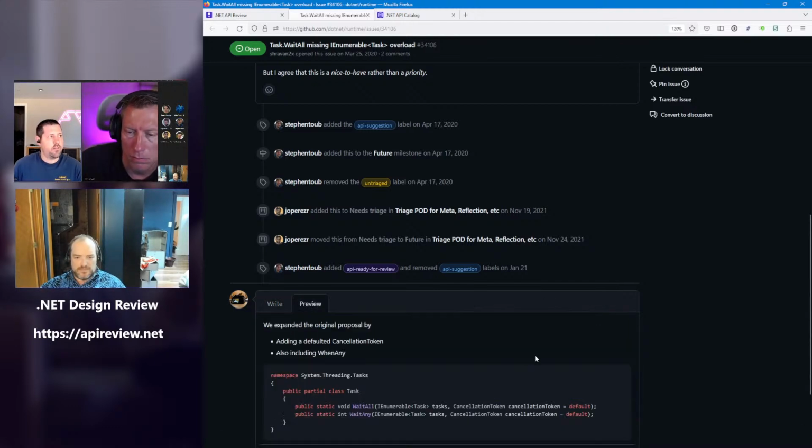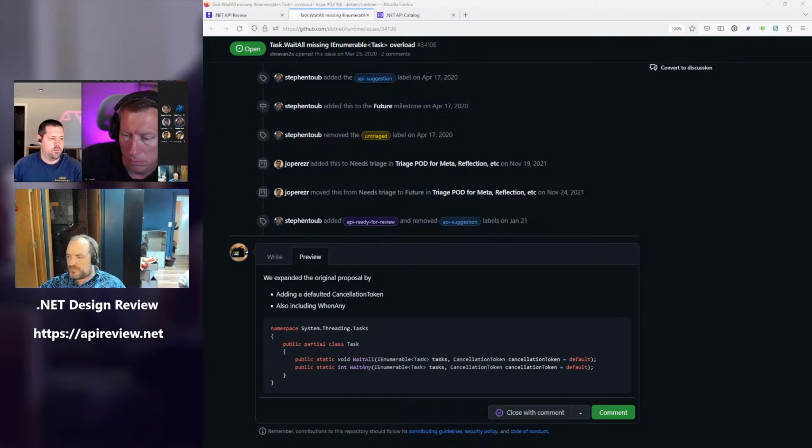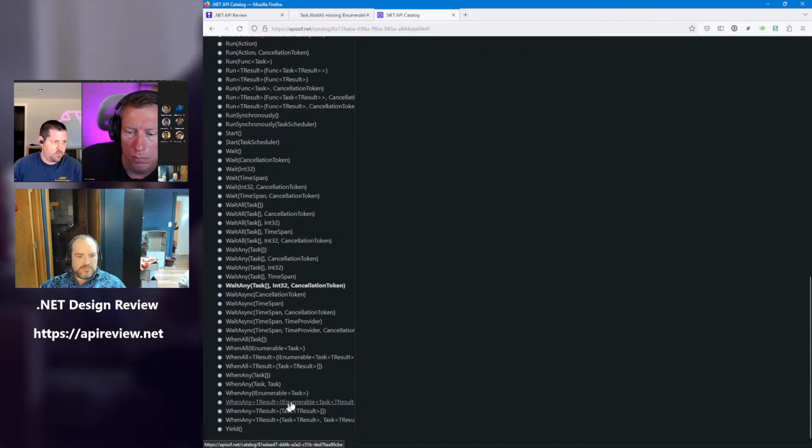Oh yeah. I guess I was under the impression that wait any and wait all would tend to be at the top layer rather than the bottom layer. I mean, hopefully wait all and wait any aren't being used much anymore anyway, because they're synchronous. And I don't even know if we have when all, when any overloads that take cancellation tokens. You're correct. Which I think there's another issue for. Yes, the wins appear to be not cancelable.